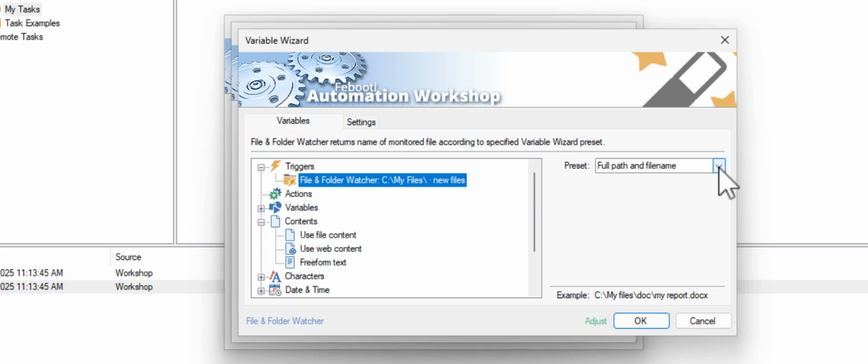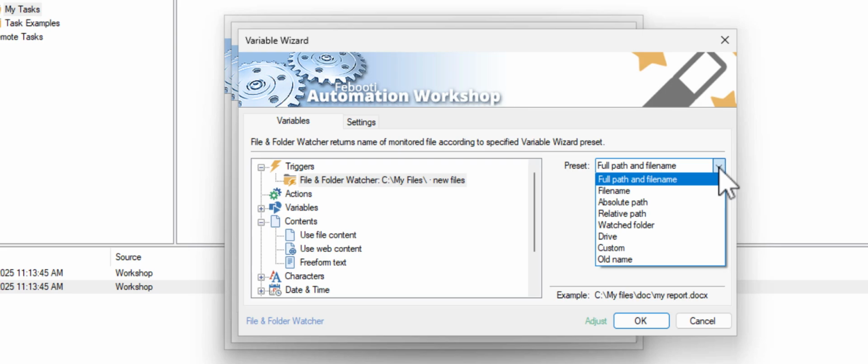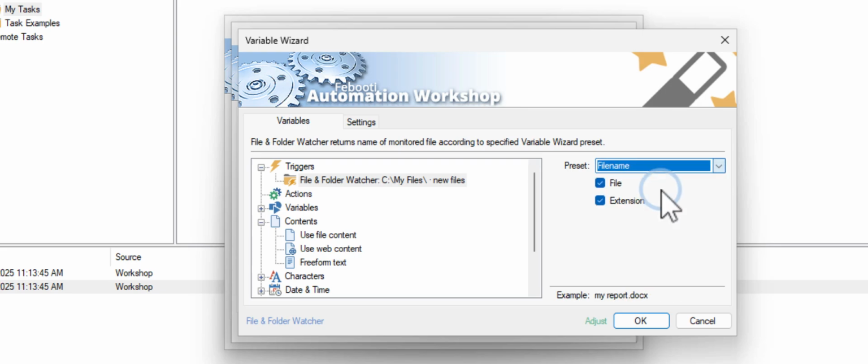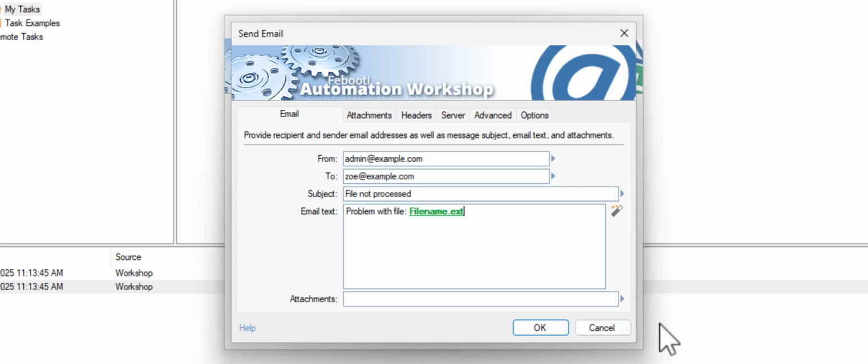But I'll select only the file name so the email is clearer. At runtime, this variable will be populated with the file name of the file that stayed in the folder for longer than 5 minutes.